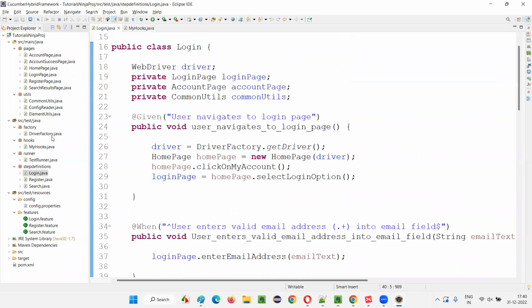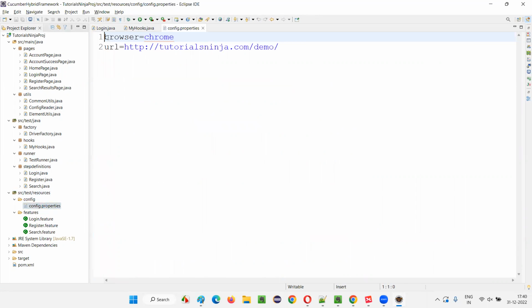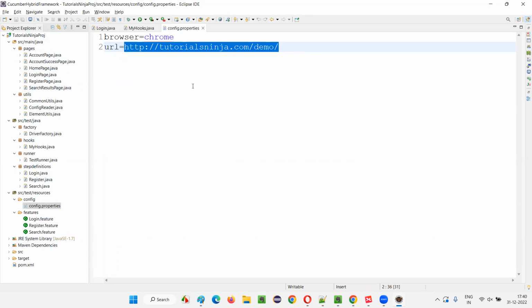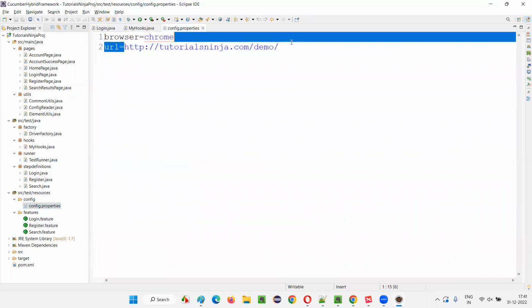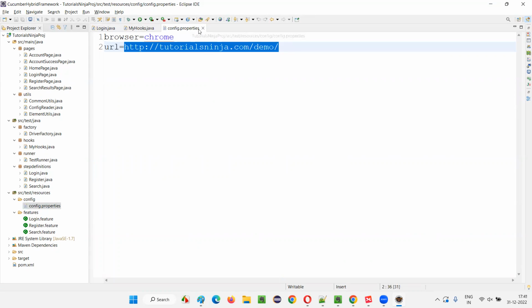For example, configuration, high level test data is moved to the config.properties file. You see where I provided browser is equal to Chrome and URL is equal to this one. So this file will be accessed by the complete project, guys. Whenever the client changes the URL and gives a new URL for testing, you simply have to come to this config.properties file and you don't have to touch any of these test automation scripts,